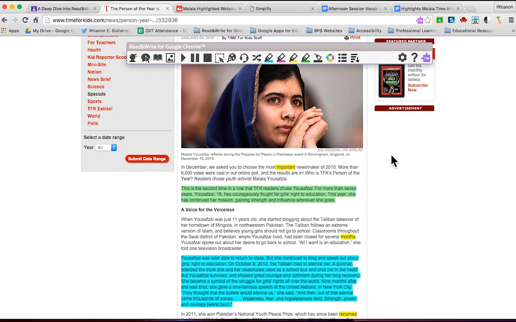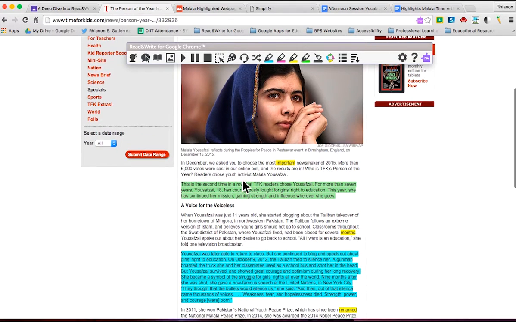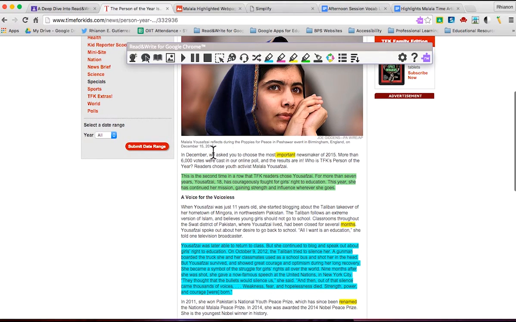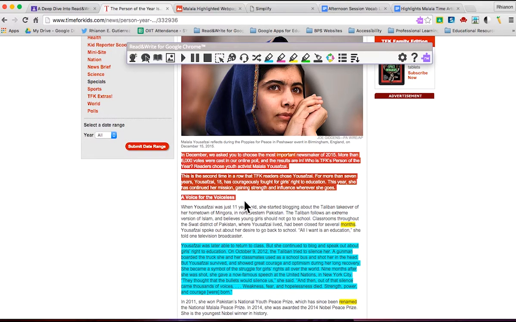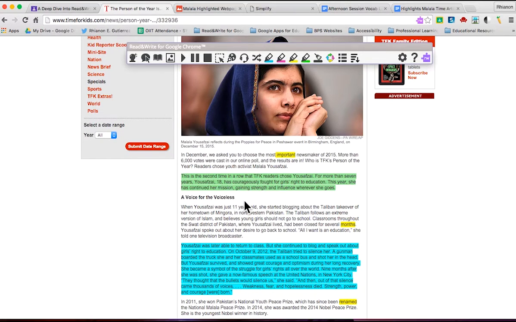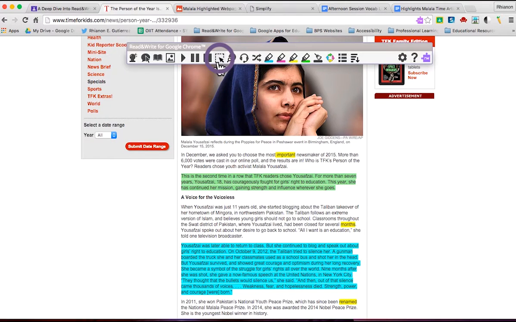In some cases, text cannot be read out loud. This is due to the text being inaccessible. In this case, most of this text can be highlighted, so we can assume that it is fairly accessible. Let's say, for example, that it is not, or we just want to test to see how it may look. There's another feature that also reads for you what is on the screen. It is called the Screenshot Reader. It's a little box that is dotted with a cursor in it.